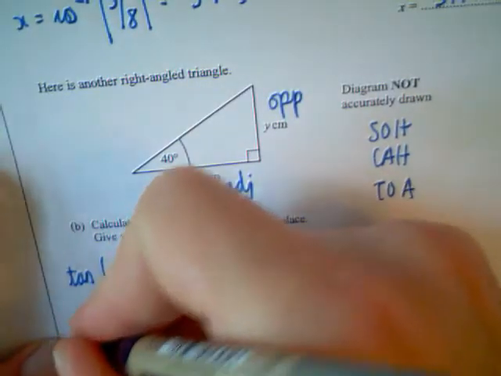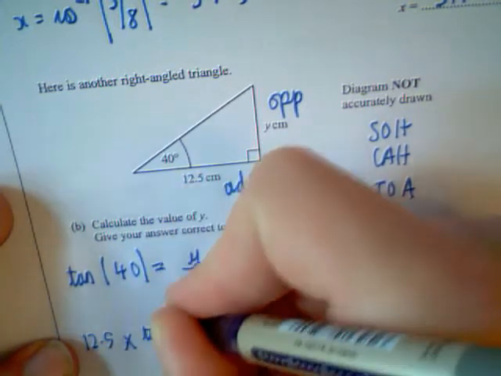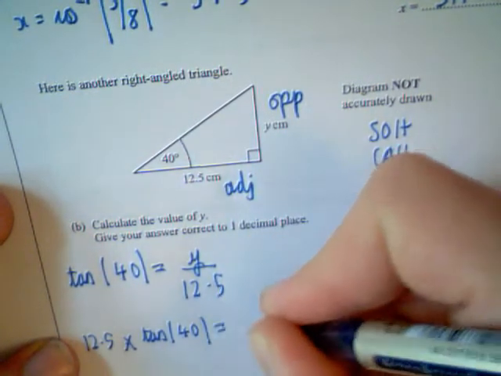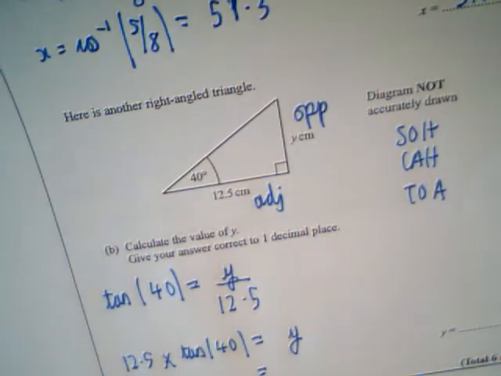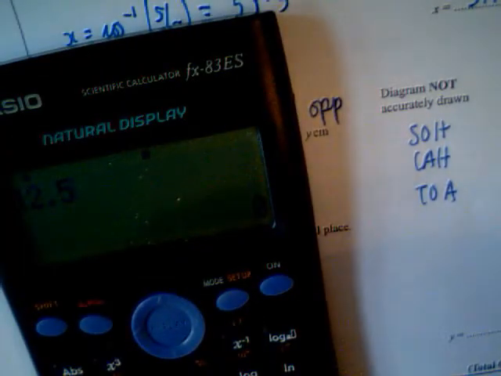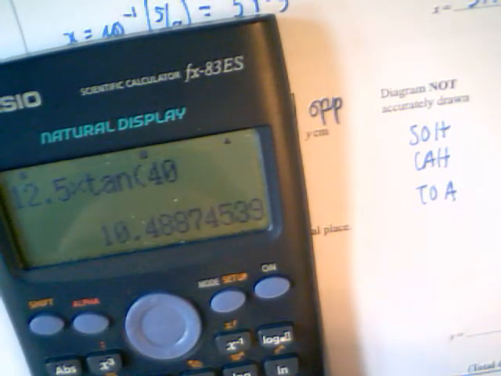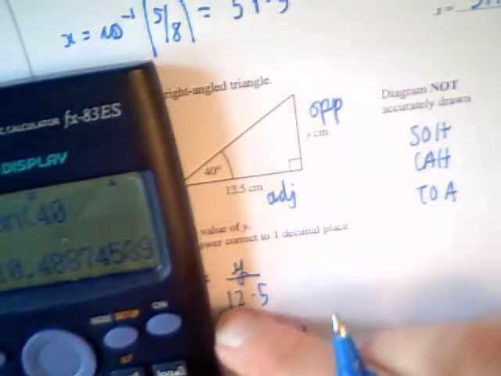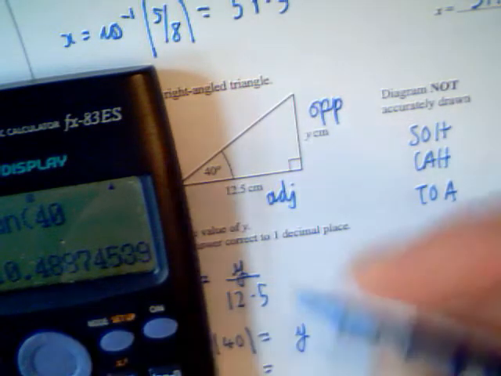So 12.5 times tan 40 is equal to y, which is then equal to, again, correct to 1 decimal place, we do 12.5 on our calculator, times tan 40, we get 10.5,